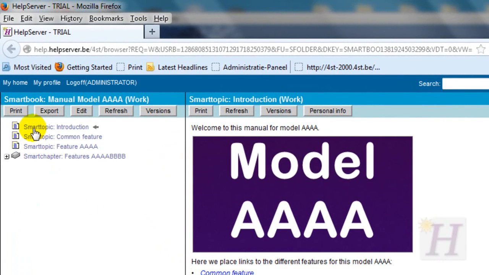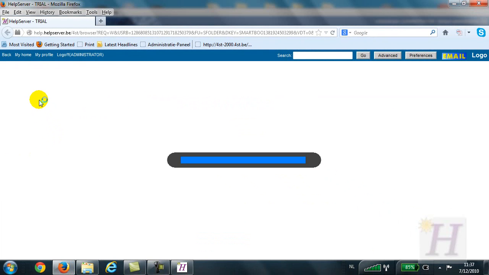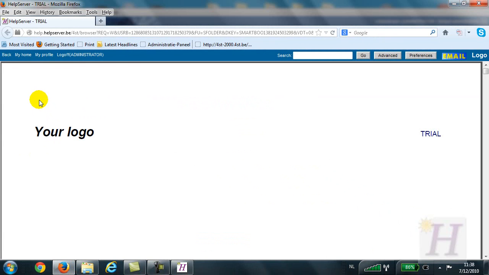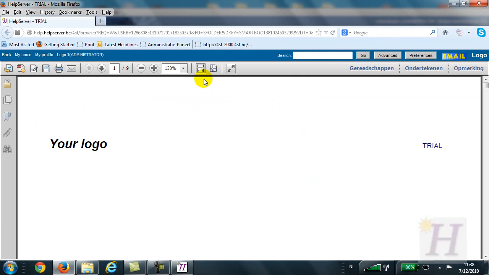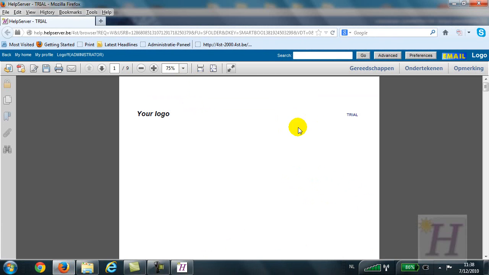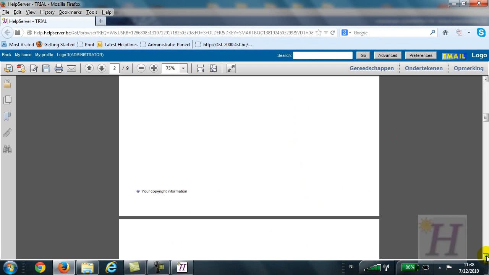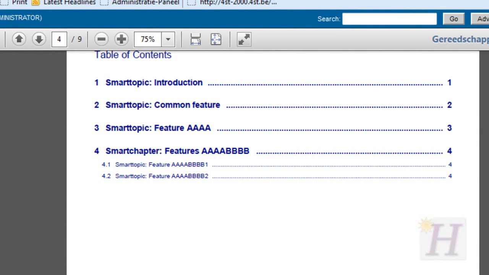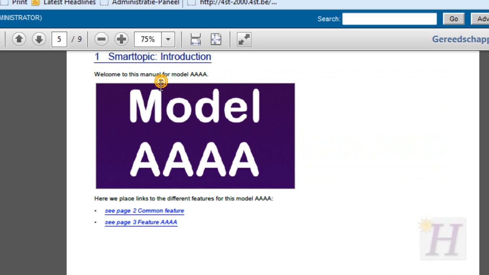If we print our entire book, the PDF is generated on the server side in real time. Drop our zoom level. Then we only see those items appear in our table of contents. If we go to our smart topic introduction,